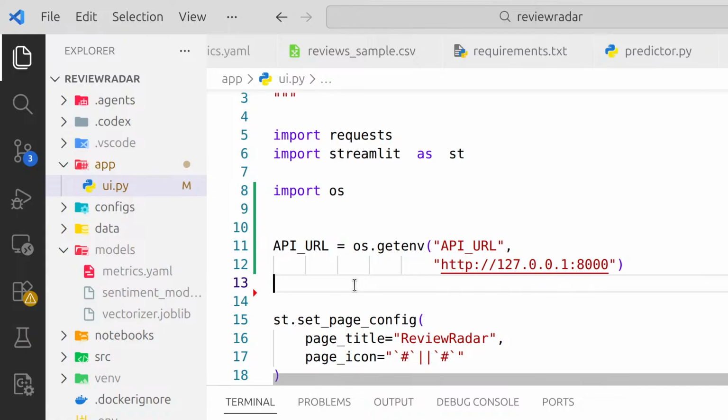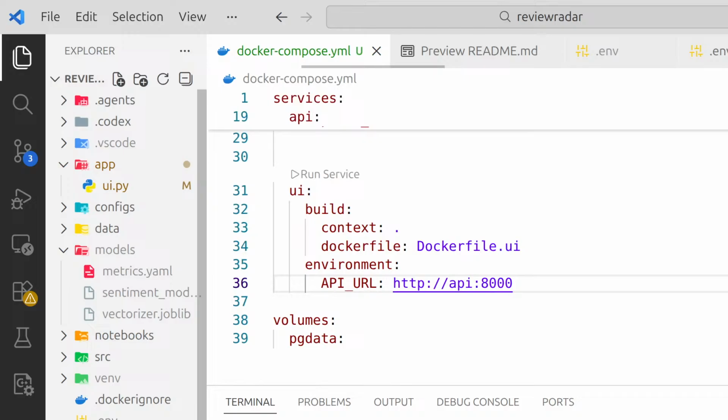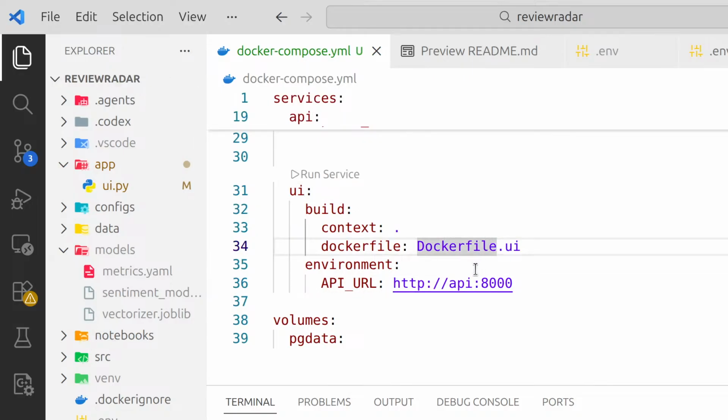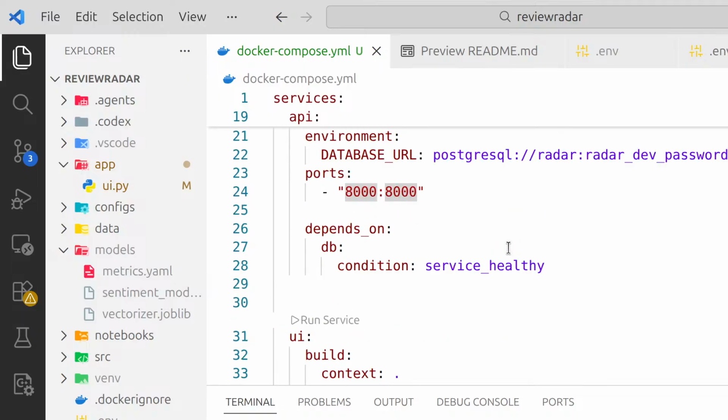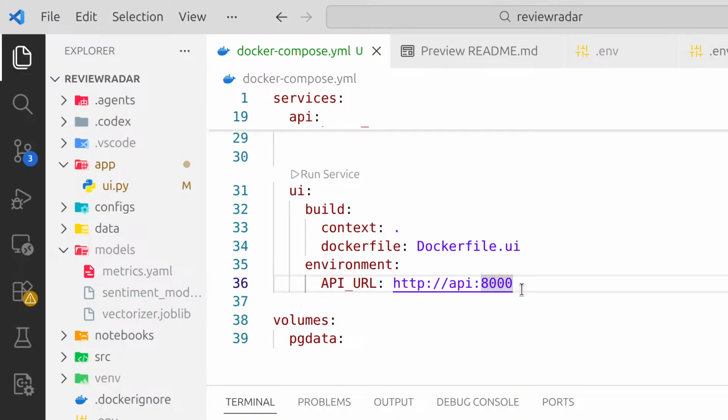So when it is running, it will get the environment from here, right? In the docker compose UI build, from this UI file, the API_URL will be taken. This is the environment, and it will go to that environment variable, right? Then after that we have ports also. This also needs ports, right? So in parallel to